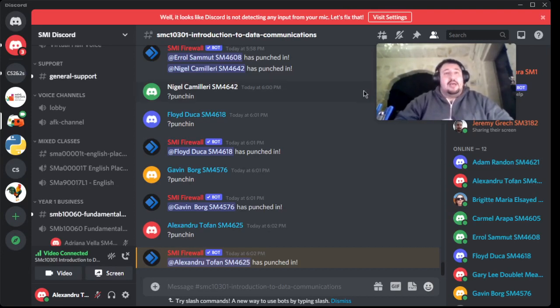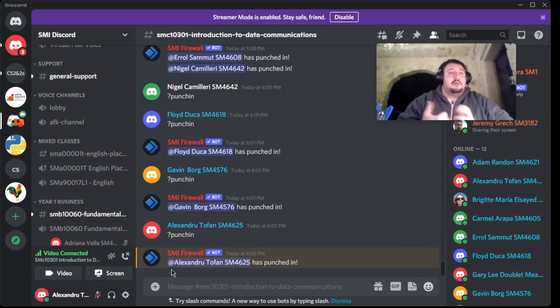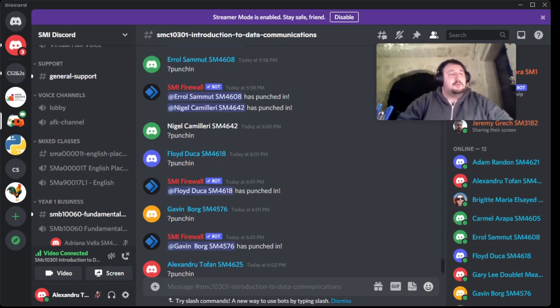Essentially, what we're going to be covering is networks and internetworking. We're going to be looking at different reference models, how internet applications work, and certain standards that are used within data communications. We're also going to be talking about the various functions of the different layers that are adopted by several different communication protocols,